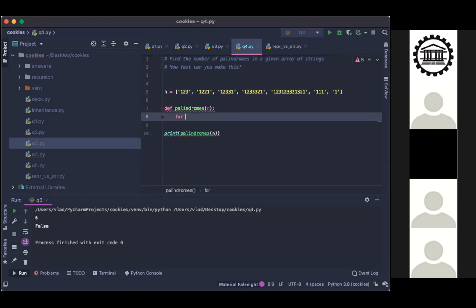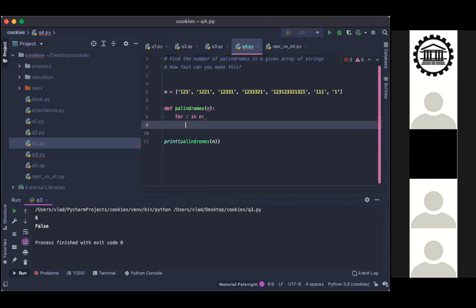For i in n. If i is equal to i, square bracket, double colon, -1, and another colon because it's an if statement.